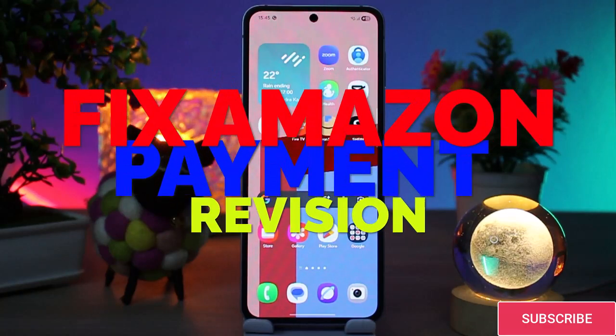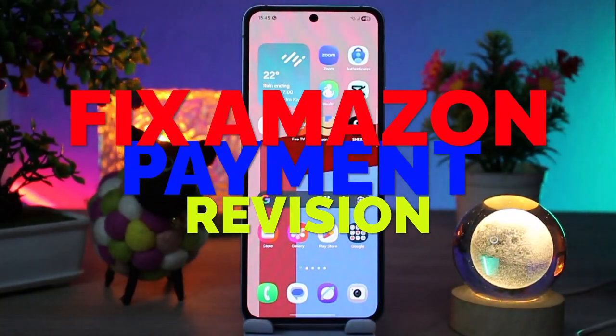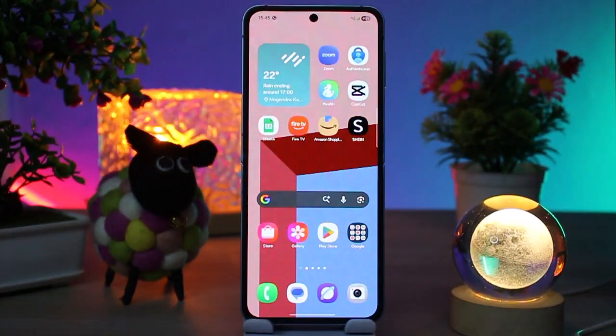How to fix payment revision on Amazon. Now, if you're facing the problem of payment revision on Amazon but you don't know what that means, then